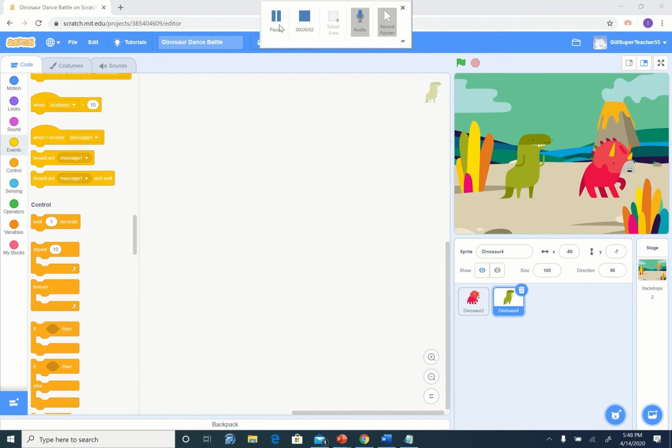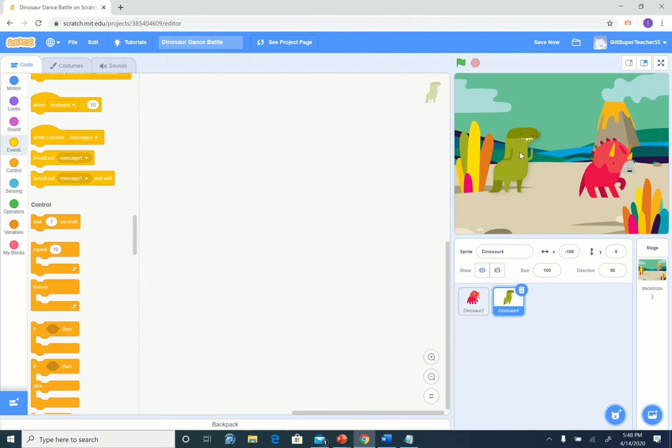Okay, so if I want to write code for each sprite, the way I'm going to do it is as follows. Right now, I can drag my sprites around on the stage and put them in whatever position I'd like to. Now, if I click on one of the sprites down here, notice how up here I can see which sprite I'm clicking on. That means right now I'm writing code for the red dinosaur,